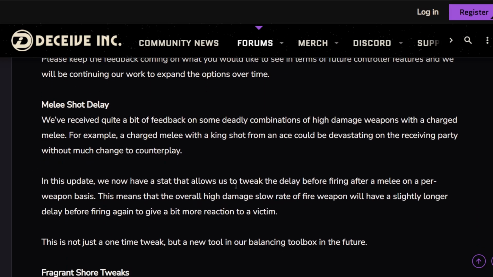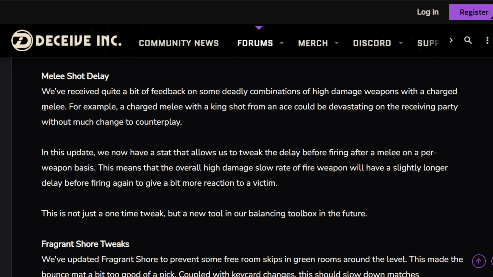Alright, melee shot delay. Some combinations with a charged melee are too strong, so they now have exposed to themselves a stat that allows them to change how long it takes after firing before you can melee. I don't want to know how much back-end work went into that, but making that an easy to change value is probably good for them. Did they actually say they changed it? Yeah, okay, so the higher damage slow fire rate weapons will have slightly longer delays before...